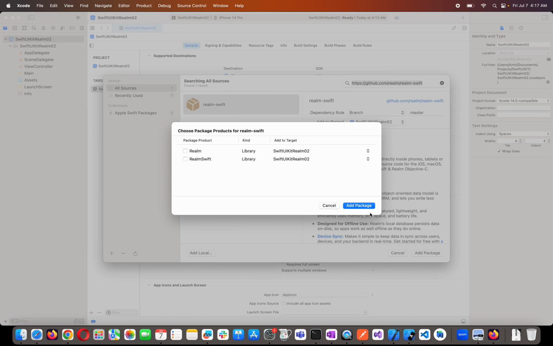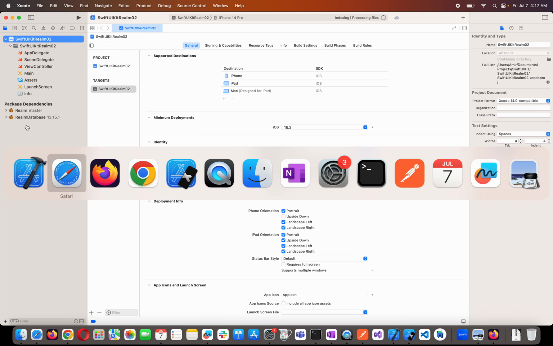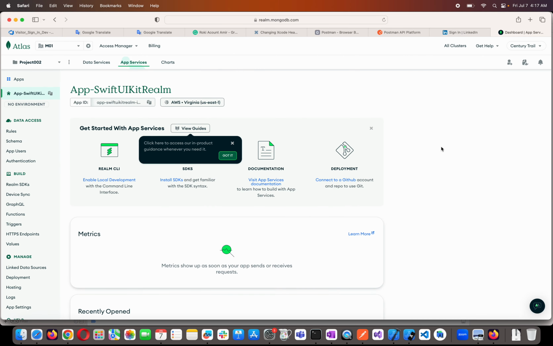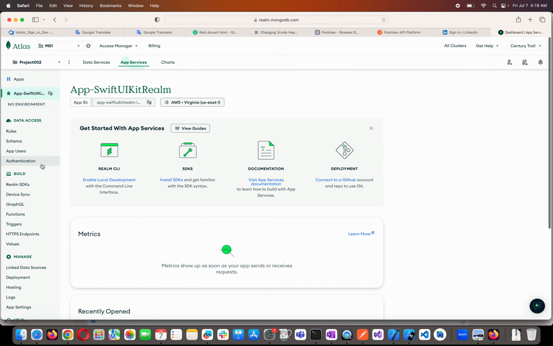Let me go back to my SDK. See, yes, it's ready. So I choose both Realm and Realm Swift here, and I will have it here and I can use it. So let me finish this for part 1, and then I'll go on to write code in part 2, and then in part 3 we're going to run it. So when I have it, it will be something like this, pretty fresh and